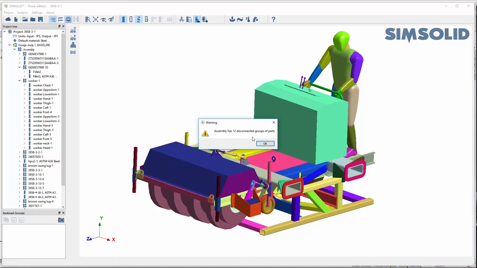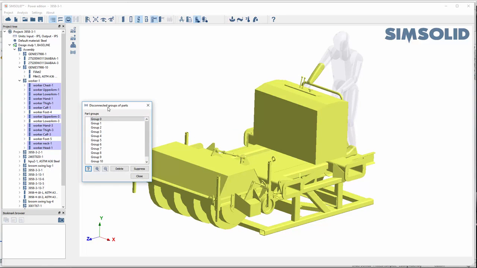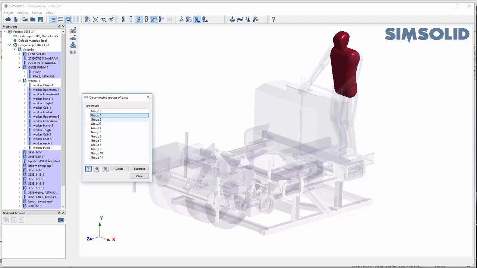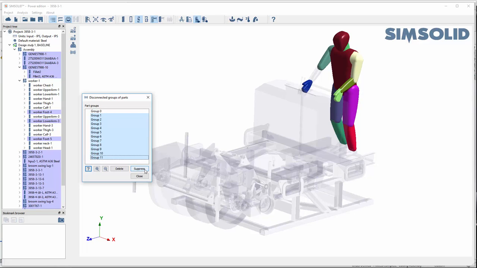Okay, as the connections are completed, it says we have 12 disconnected groups of parts. It'll show you those disconnected groups, and list them from most connected to least connected. So you can see most of our parts are connected. But if I go down, you'll see a few of them aren't, and you can see they're all in this model of the person. I could come up here and just select them all and suppress them right here, but I don't want to do that because there are a few that are connected wrong. So I'll just close here,